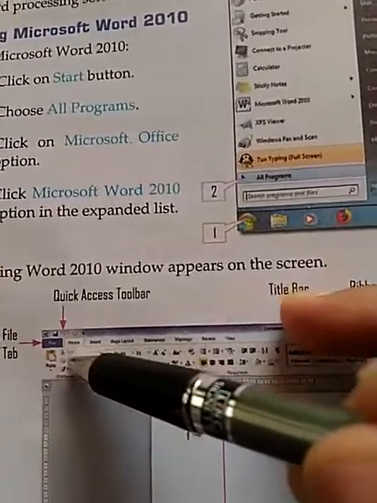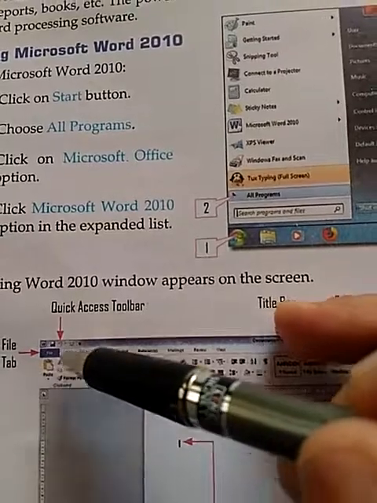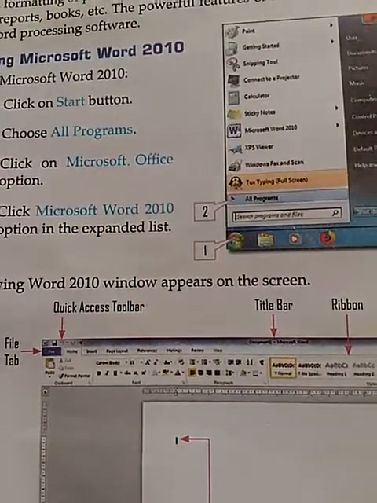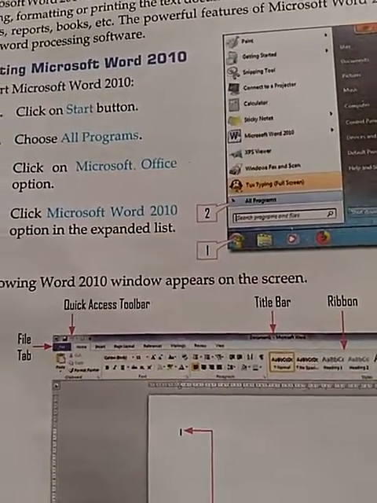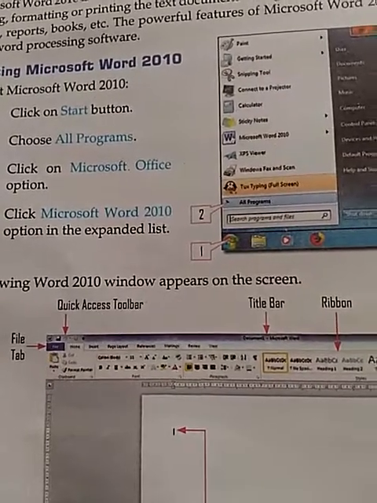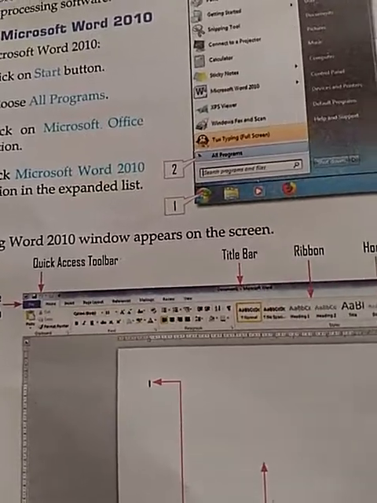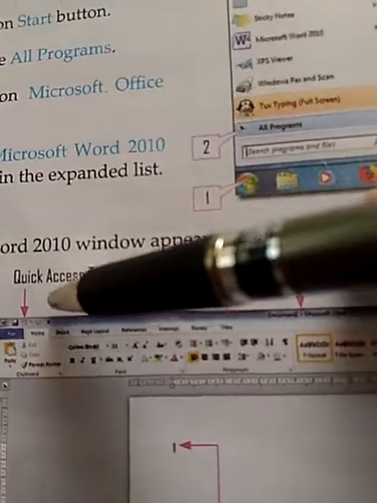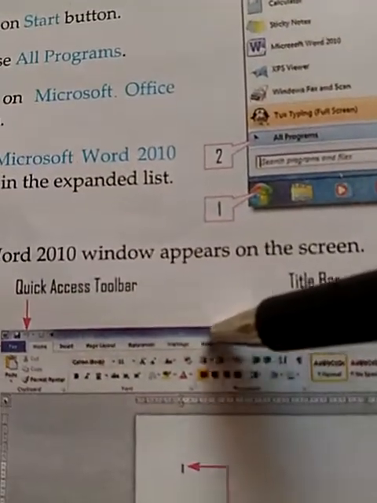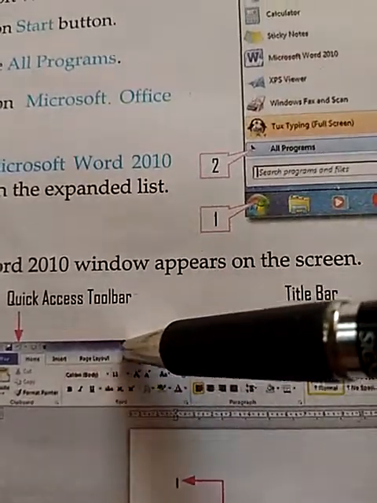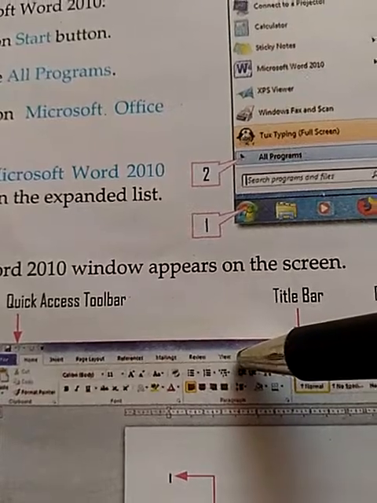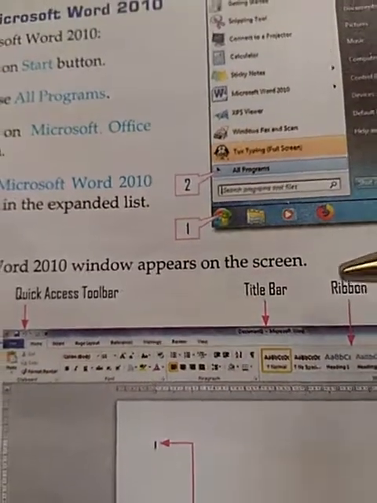After that, there is the file tab. The file tab provides basic options for the file, such as opening a file, new file, exit the program, print preview, etc. There are many tabs here which contain different groups according to which you can perform tasks and customize your document.